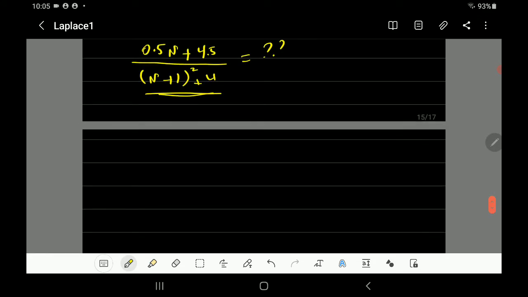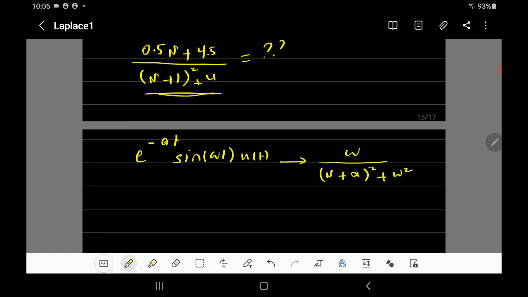So I found the following. You can check the Laplace table that you have in the handout. e to the power minus alpha t sine omega t u(t) gives omega over (s plus alpha) squared plus omega squared. And for the cosine, e to the minus alpha t cosine omega t u(t) gives s plus alpha